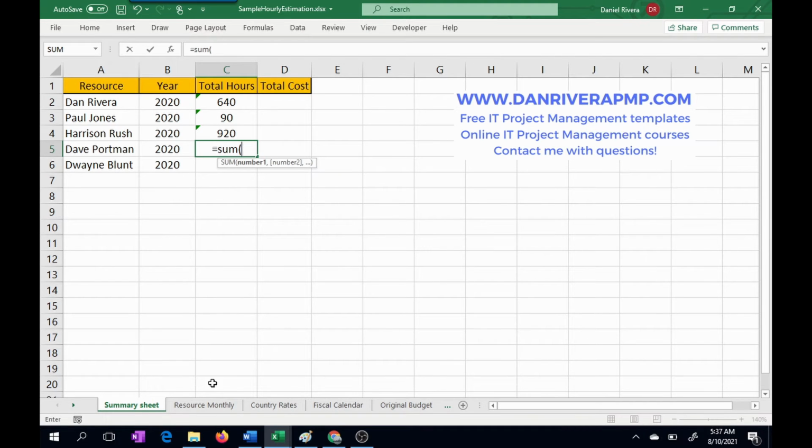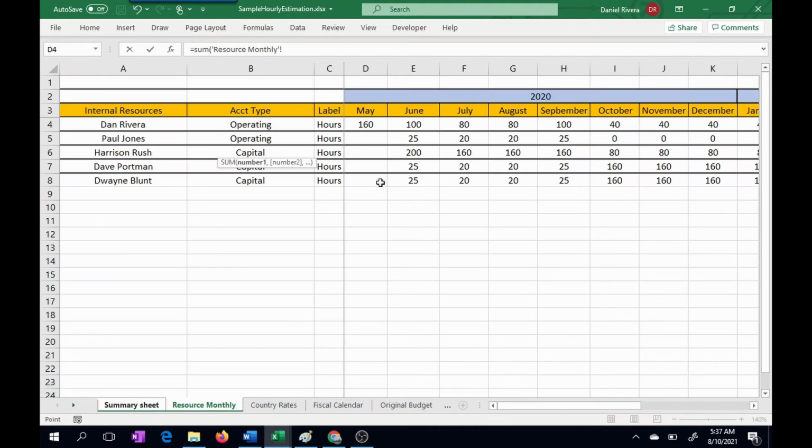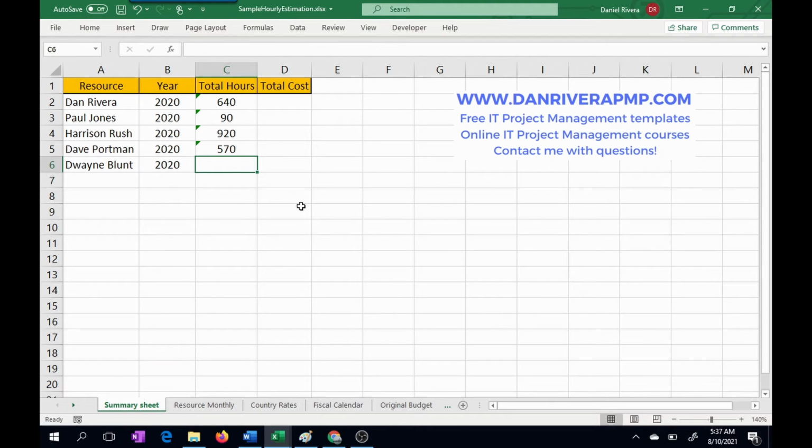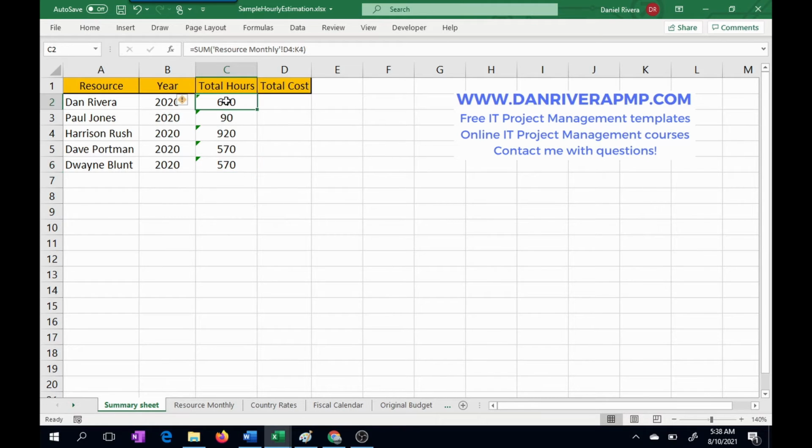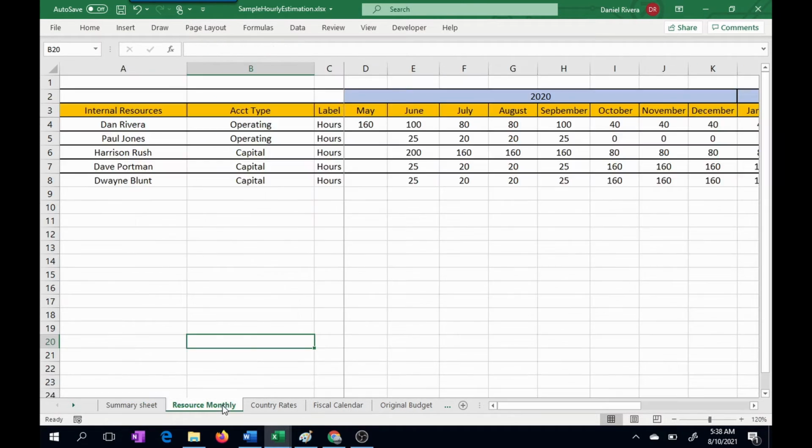And we're going to repeat for each resource. Let's say, for example, the total hours for Dan Rivera, if you have it linked here to the monthly resource